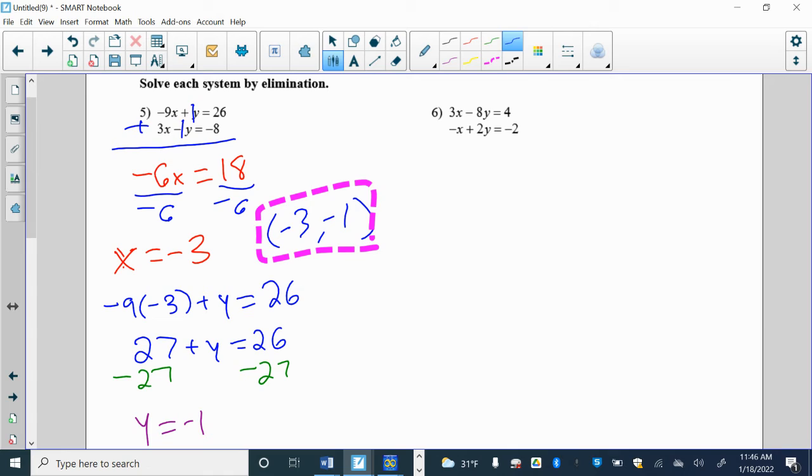Remember, this is where we can multiply an equation by a number that would give us opposite coefficients. And we can do that to one of the equations. We could do it to both. We typically will try to just change one equation if we can. So for example, here, you could eliminate the x's by looking at the coefficients and thinking of a number you could multiply an equation by to get opposite numbers. So if we have a positive 3 up here, and this is a negative 1 here, we could multiply this bottom equation by 3, because that would give us a negative 3x down here,